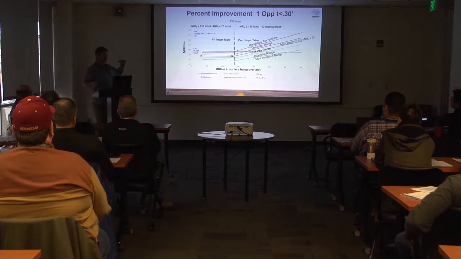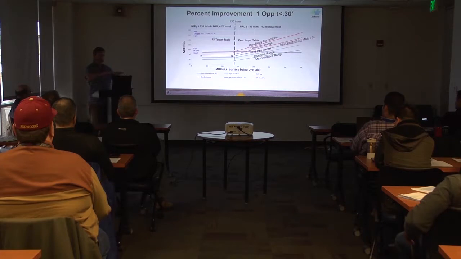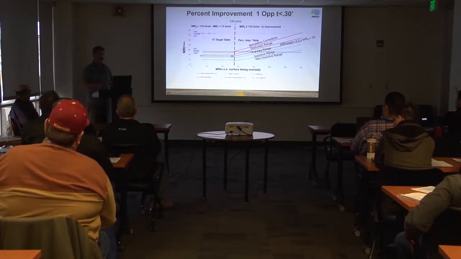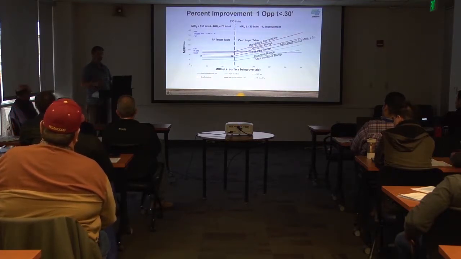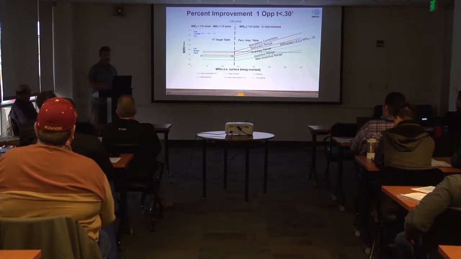There's a lot of projects I saw that were paved in the 80s, 85s. You drive over them, you can feel it. It's not the greatest paving. But to get to a 75, you have to do a lot of grinding because there's a lot of little bumps. It's not just a couple big bumps you can take out. You can require a lot of grinding to not do a lot of improvement. These specs address that by taking a disincentive, giving the contractor the incentive to use their best paving practices.